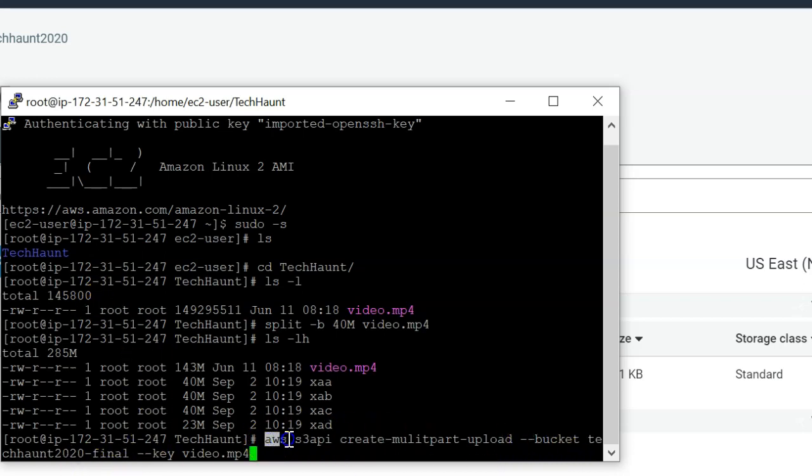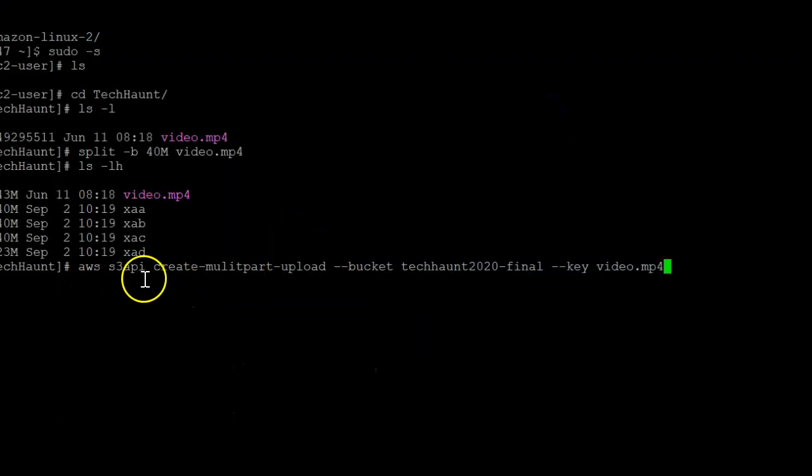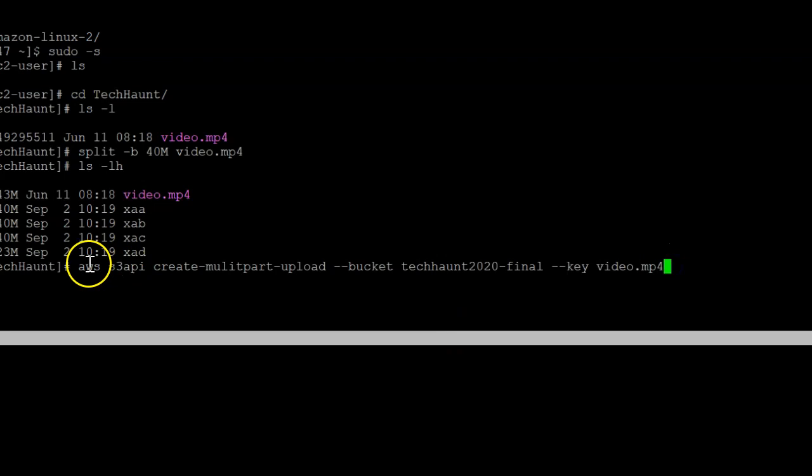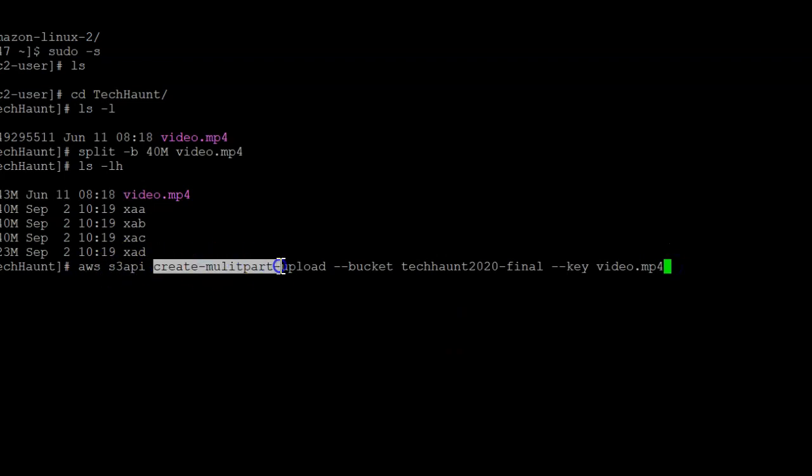You can just review before executing this script here. Let me just full screen. So it's going to AWS S3 API, create multi-part upload, where the bucket name is tag hunt. Oh, sorry, that's not final, I mean, that's hyphen key.